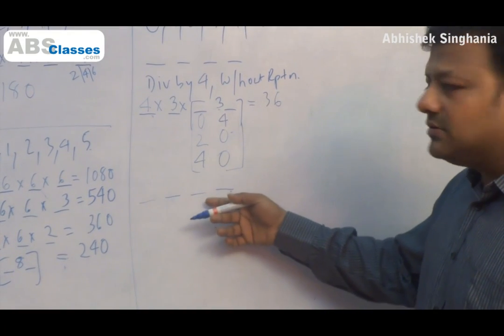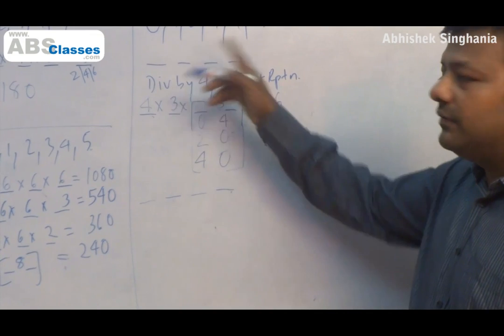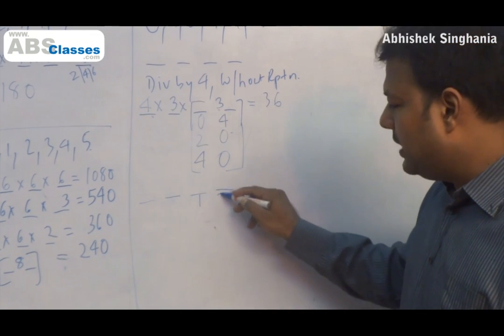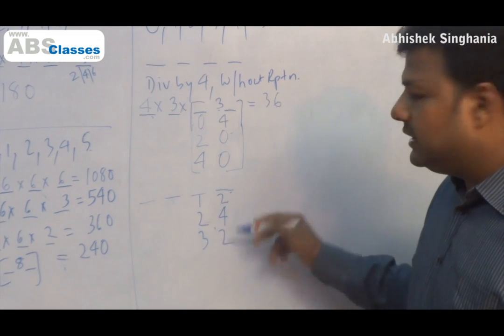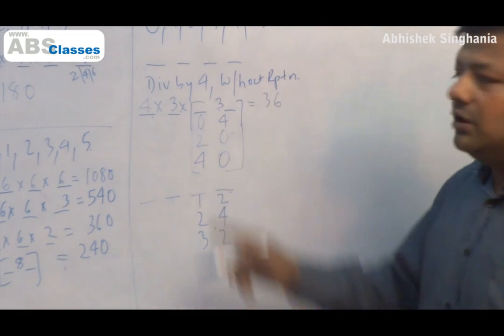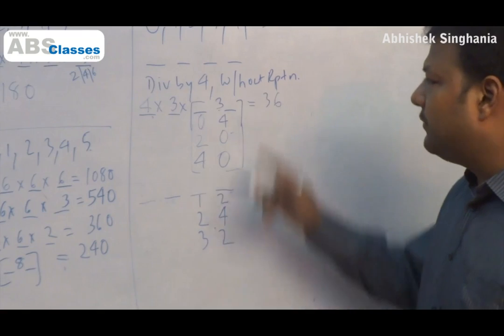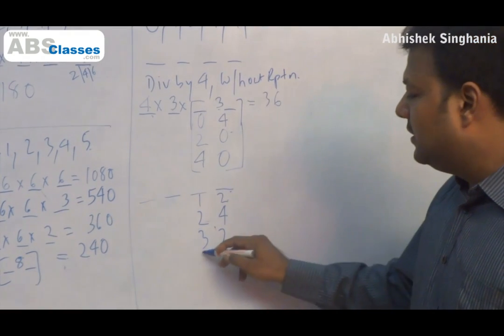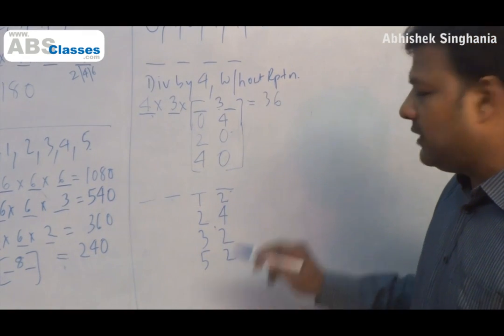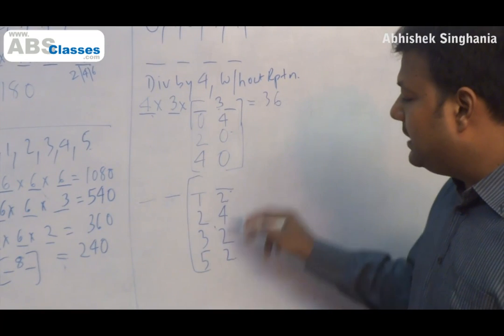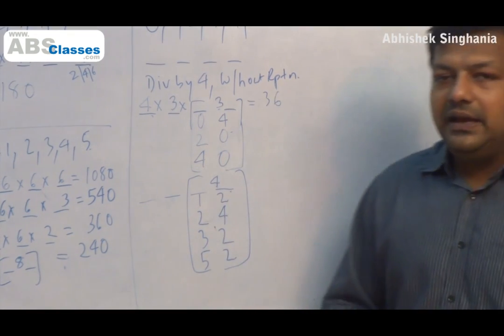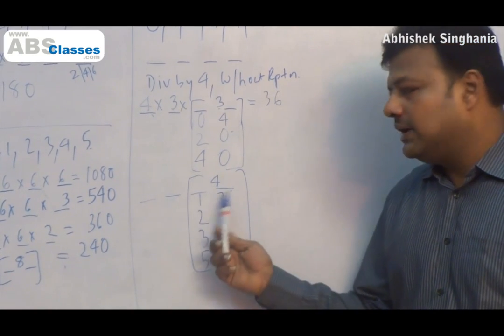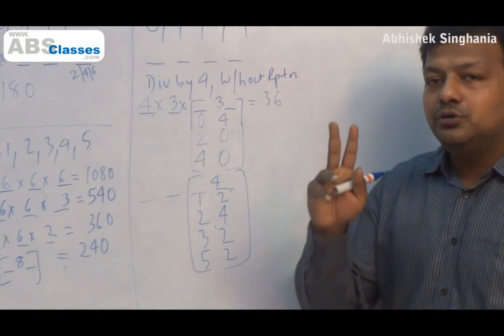So how many cases to fill the last 2 places divisible by 4 without 0? 12, 24, 32, 36 not possible. 44 also not possible because without repetition. 48 not possible, no 8. 52, I think we are done now, right? So how many cases have been able to identify? 4 cases are there. Any of the cases that I take, say 12 or 24, I'll use up 2 digits